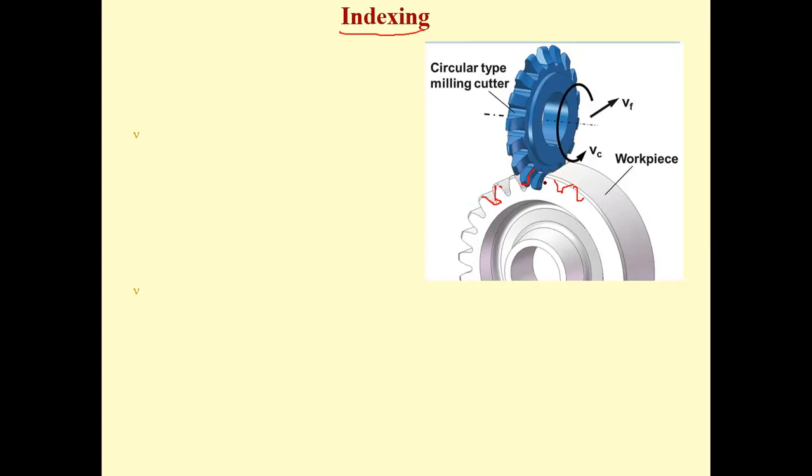So even if it is a gear or splines or keyways, whatever is there in the circumference, what we need to do is divide our complete gear manufacturing process into an equal number of parts. If the teeth are 40, the complete machining process we are dividing into 40 number of processes, right? So each process you are cutting one groove. This process of dividing the circumference into an equal number of parts is called indexing.